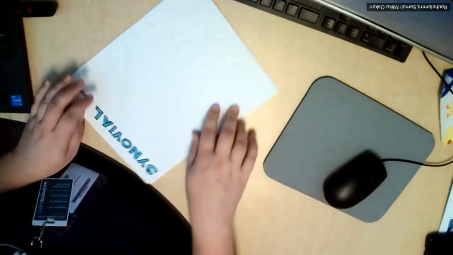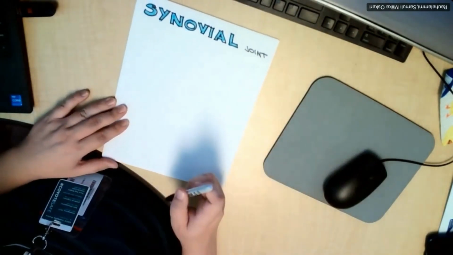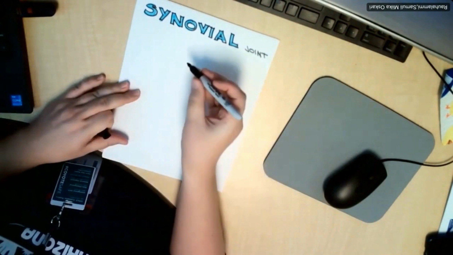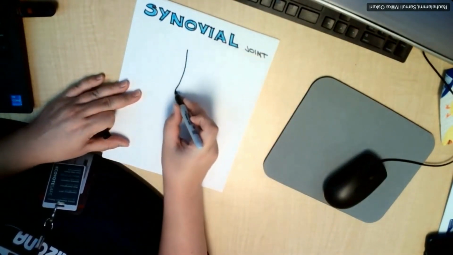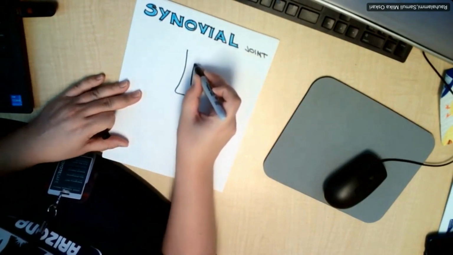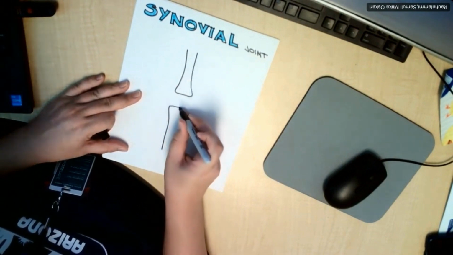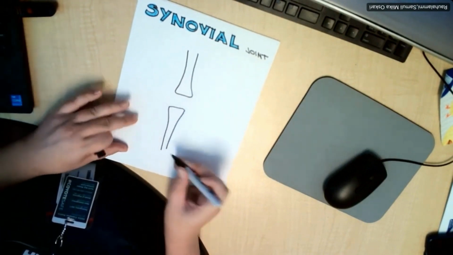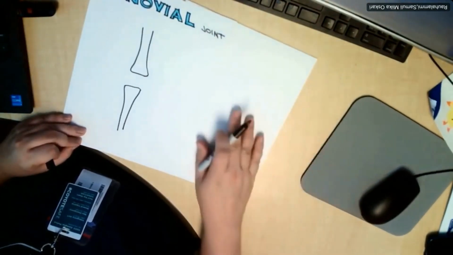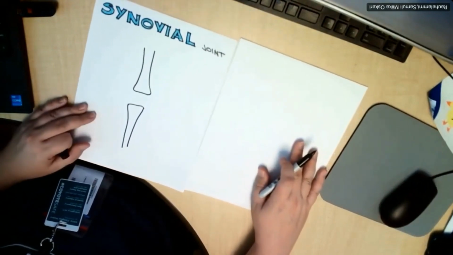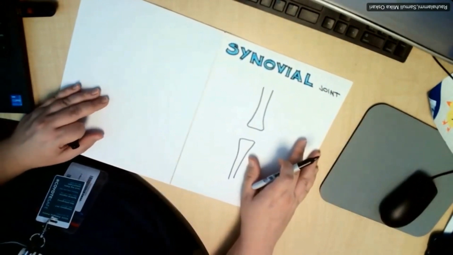Let's sketch a synovial joint. I'll also upload this diagram at the very end on your Canvas course, but like we discussed earlier on, joints are typically characterized by two bones coming together. So let's draw two bones here and see what we can learn about them. And just to make myself a little more space, I'm going to label structures on another sheet and then draw the drawing on another sheet.